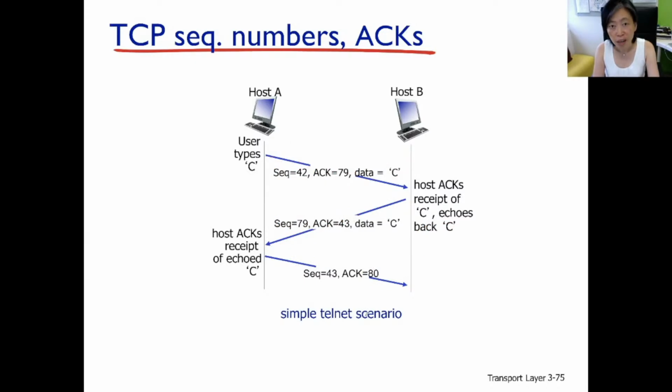So you see, quite obviously, in order to find out what is the next sequence number, look at the ACK number of the packet coming from the other direction. In order to find out what is the ACK number, look at the sequence number of the packet coming from the other direction. Similarly, for the sequence number here, look at the ACK. For the ACK number, look at the sequence number of the last packet coming from the other direction.